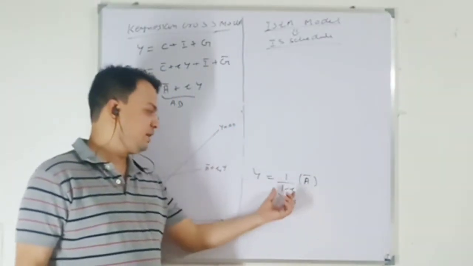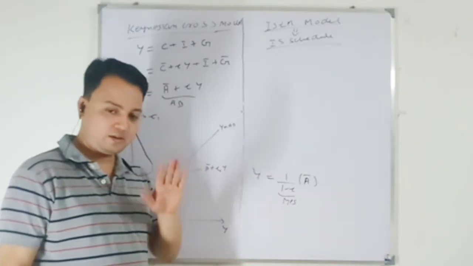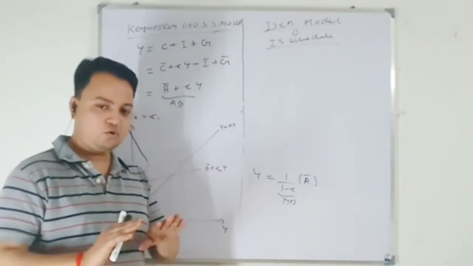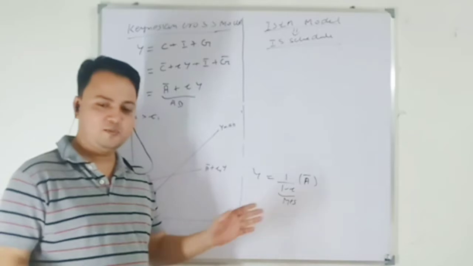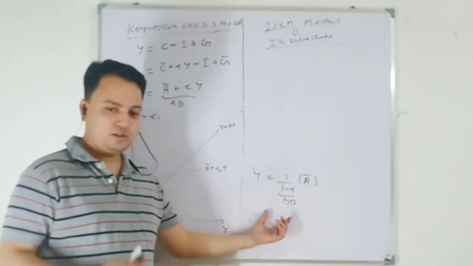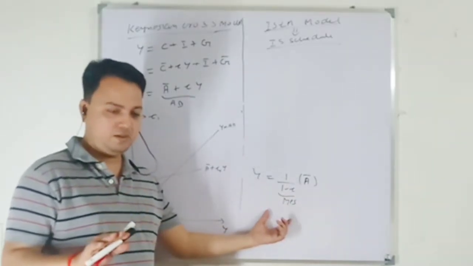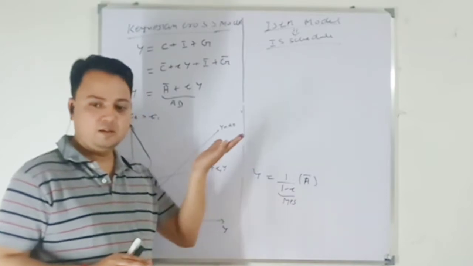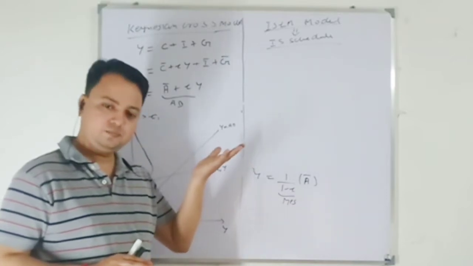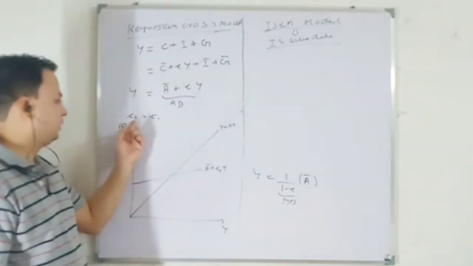So when my leakage reduces, for the current time period I am talking about, not the long term. For the long term, that will be a problem. So when my leakage reduces in the short term, in the current period, what will happen? My multiplier value will increase. This is what happens.